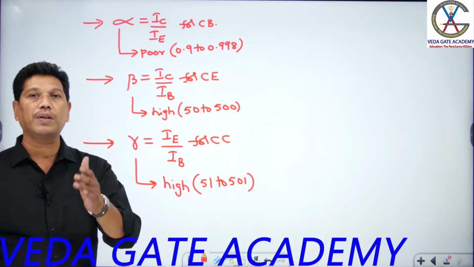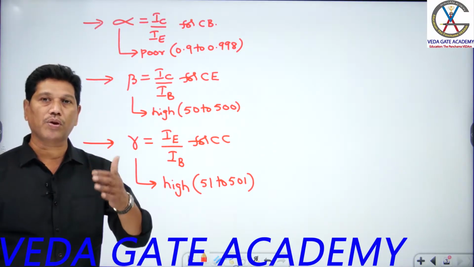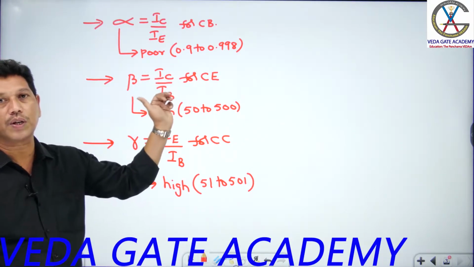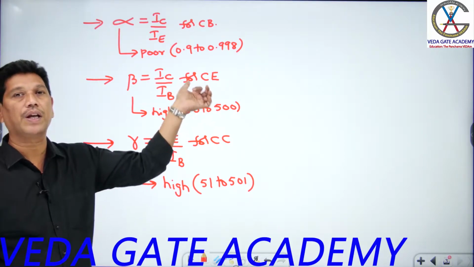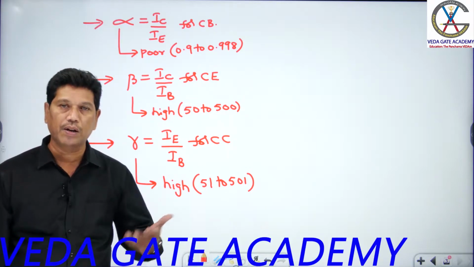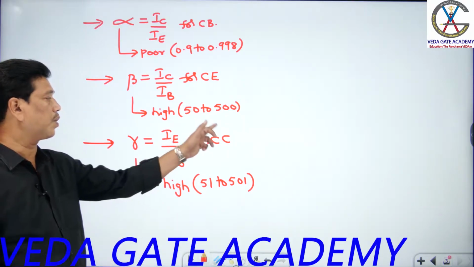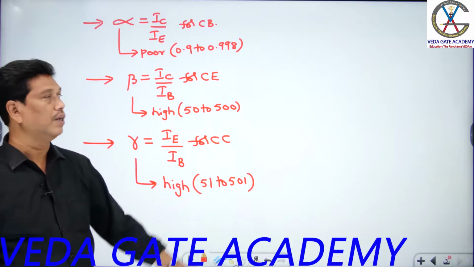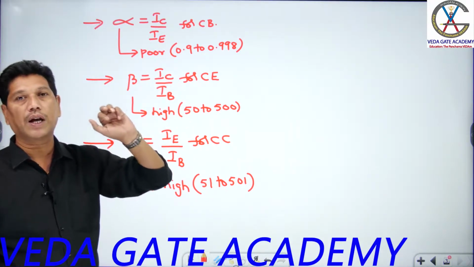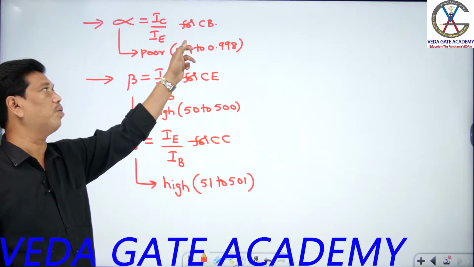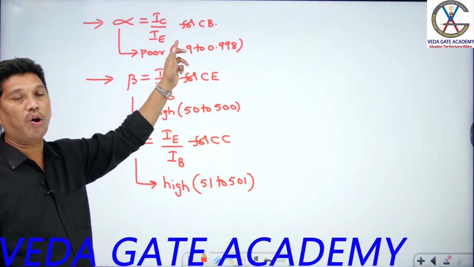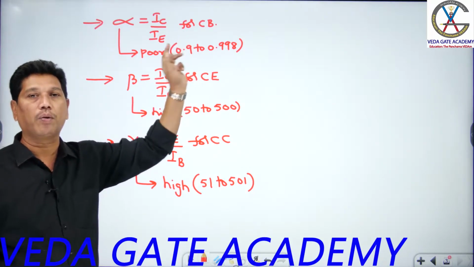So which one can be used as an amplifier in terms of voltage, current as well as power? The CE transistor, students. The CE transistor is mostly preferred as an amplifier even as compared to CB and CC in all conditions of voltage, current and power also. Okay. So CC is exclusively used only for current amplification. The CB transistor is not preferred as a current amplifier, but it has a good voltage gain like a CE transistor. But even though it has a good voltage gain, it is not preferred as an amplifier mainly because, you know, the CB transistor has the drawback of low input impedance and high output impedance, students.